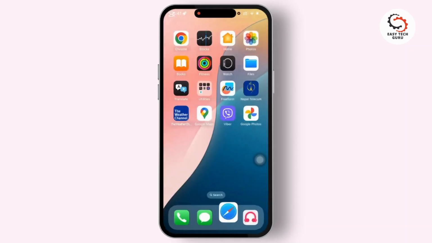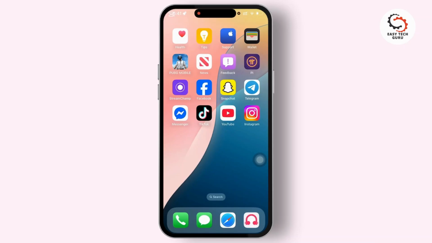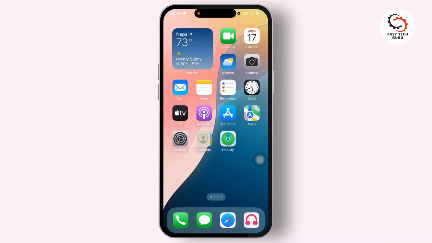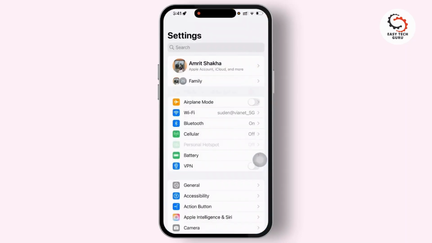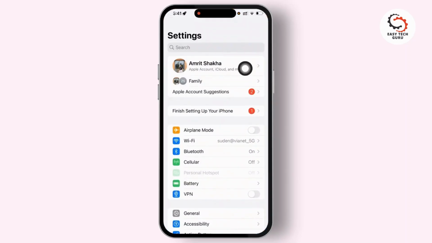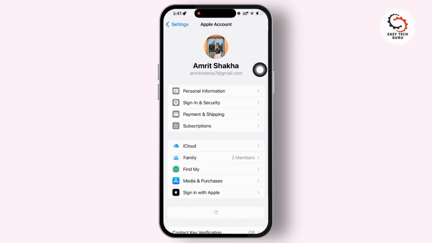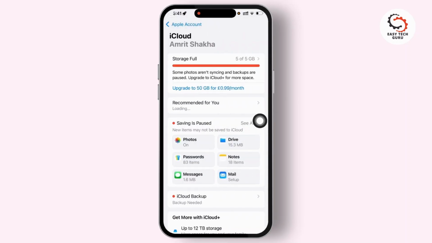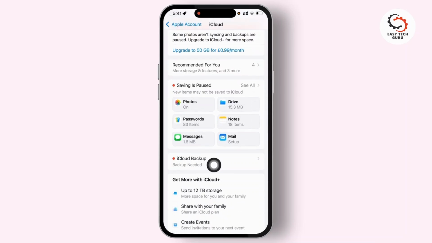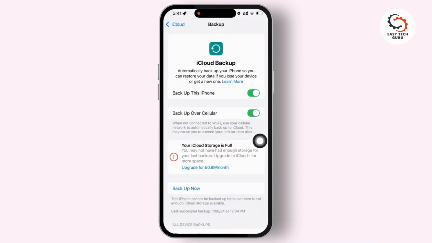So if the photo isn't in iCloud Photos, you may still recover it by restoring an iCloud backup. To do that, simply open Settings, and from there simply tap on your username at the top, and after that simply tap on iCloud. And now here in this section, simply tap on iCloud Backup and check if there is a backup from before